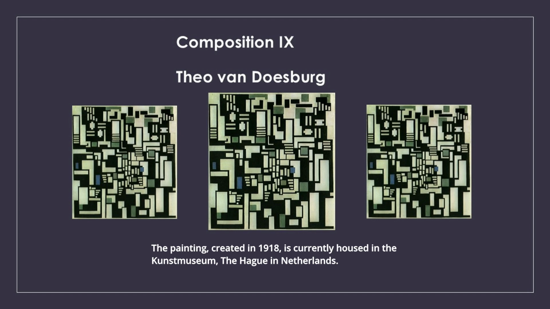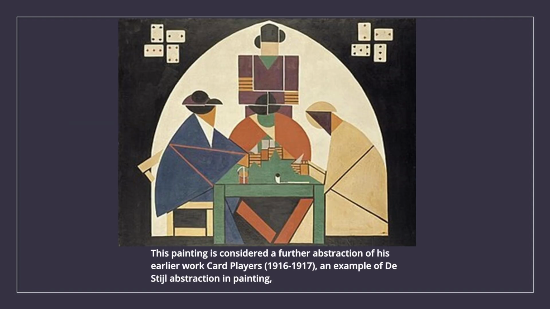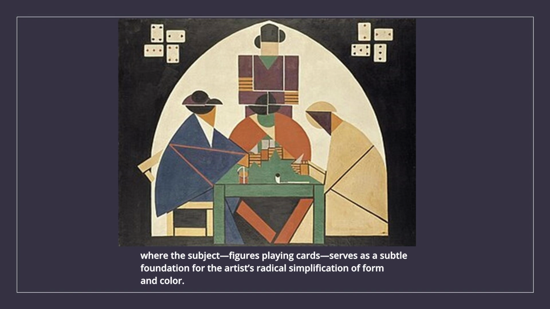Theo van Doesburg. Composition 9. The painting, created in 1918, is currently housed in the Kunstmuseum, The Hague in Netherlands. This painting is considered a further abstraction of his earlier work Card Players, 1916 to 1917, an example of De Stijl abstraction in painting, where the subject, figures playing cards, serves as a subtle foundation for the artist's radical simplification